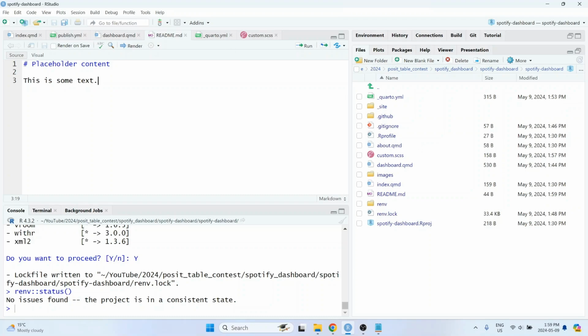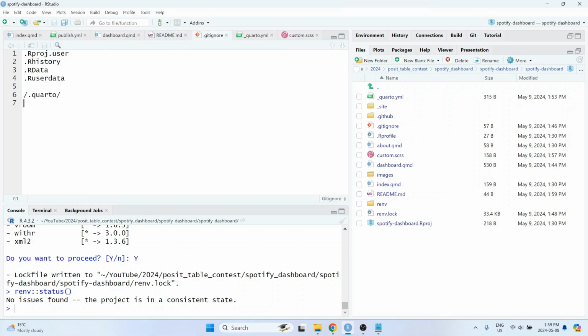And the last thing that we need to do before we can upload this is modify the gitignore file. Whenever we render this project locally, the results are going to go into this _site folder. We're going to exclude that from being uploaded to GitHub because we want GitHub Actions to be doing all of the work and generating the contents that will go on GitHub Pages. We still want to have the ability to render this project locally when we want to, but we just don't want those results getting uploaded to GitHub. So we're going to add the _site folder to the gitignore, and we're now ready to push this project to